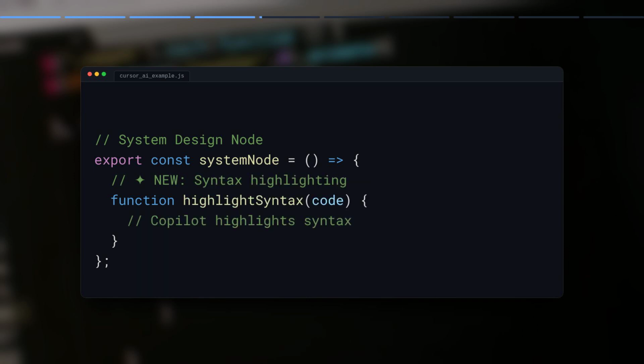Cursor AI, however, operates on an entirely different plane. It's an autonomous project-aware partner designed for complex, multi-file tasks. The key workflow difference is its explicit prompting model. Unlike Copilot's simple autocomplete, Cursor demands a learning curve for effective prompting. As one user noted, it took 3 days to get really productive. This investment is crucial. Cursor isn't about the next line, it's about describing a desired outcome or architectural change across